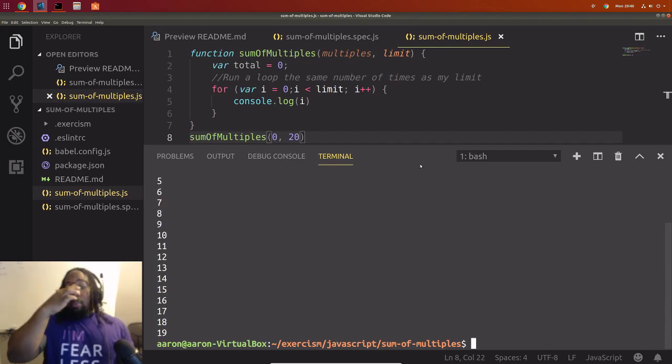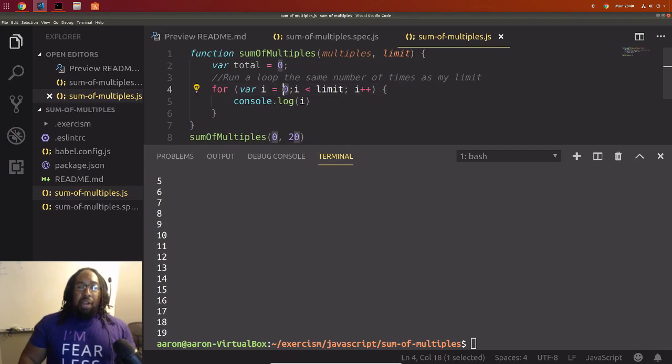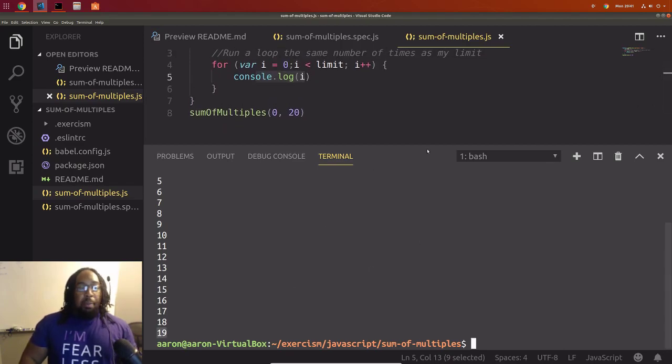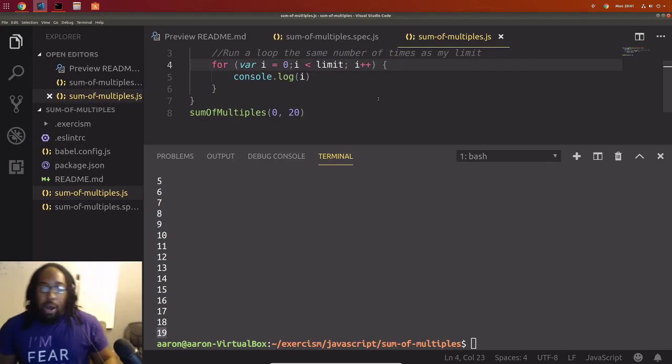And why does it print out the number 0? Because I set I equal to 0 here. Very important. So the first time this runs, 0 is less than the limit of 20, so it prints that out. But it only prints out 19 numbers here because I said while I is less than limit.